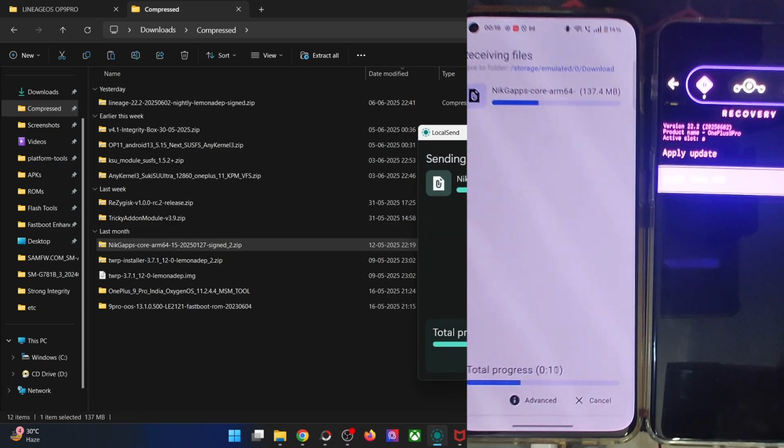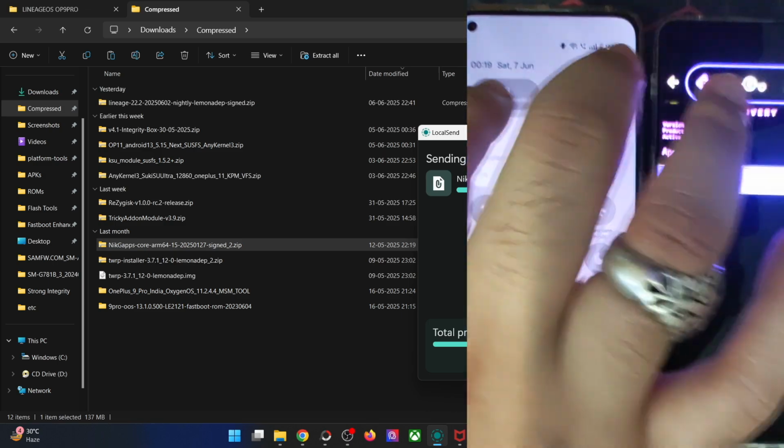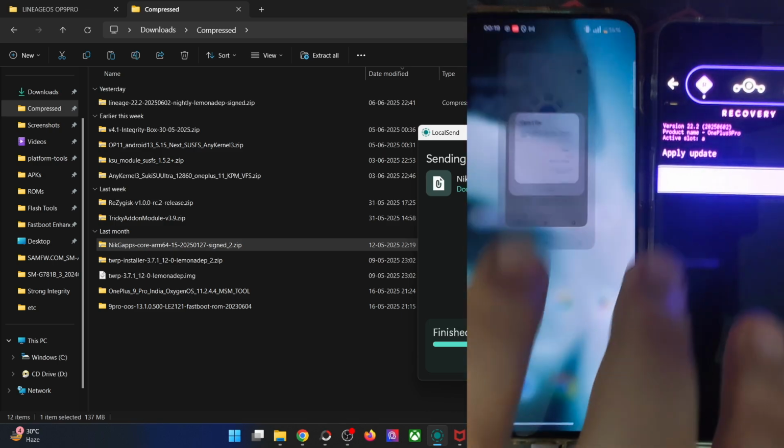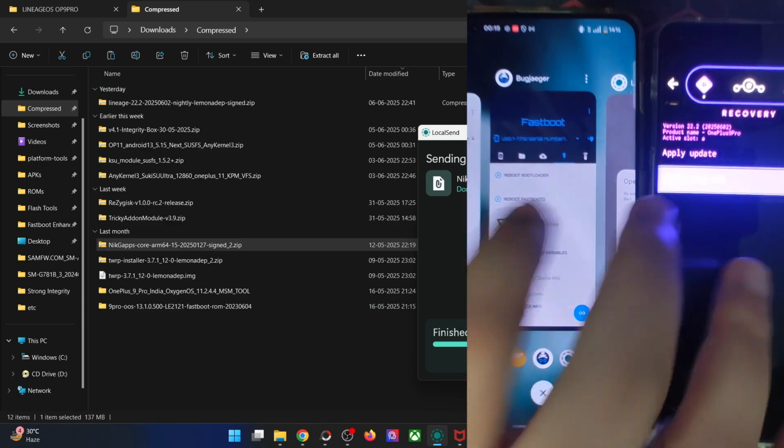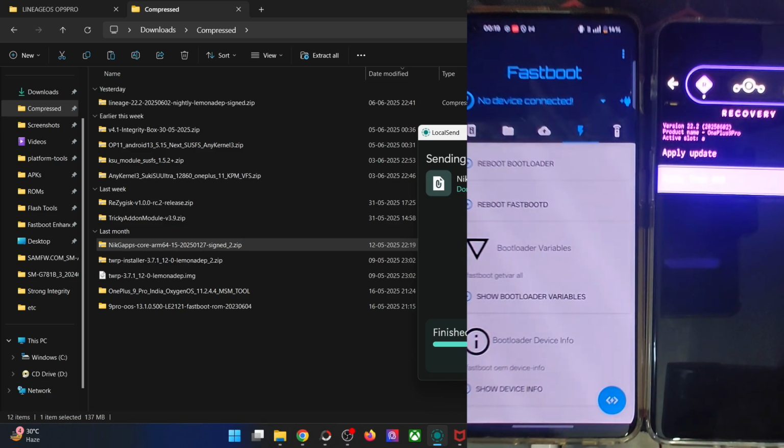I made a guide on that as well. You could have a look at my guide and get the job done. For now, I'm flashing the NikGApps, the core version with the least number of GApps packages. It is there in the downloads folder. Keep a track of the name as well. Once that is done, let's close the Wi-Fi because the app takes quite a lot of ads also, and it's quite infuriating. So keep Wi-Fi closed while using this app.